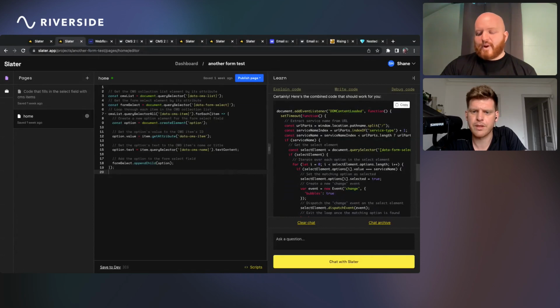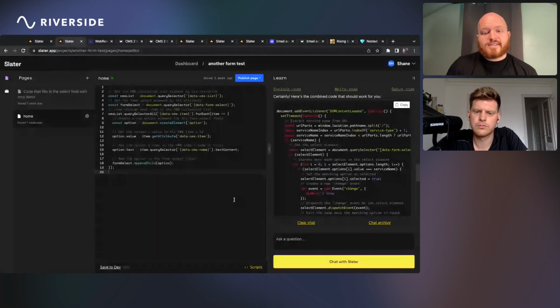Yeah, for right now I'm just using it as a little sandbox to get code going with the AI. But I do have one we can look at later where I have the global tags embedded on the project, because I wanted to test that functionality, which is super cool. Once I have a little more time, I really want to dive in and get a decent sized project going in Slater that syncs completely with Webflow the way you guys are intending.